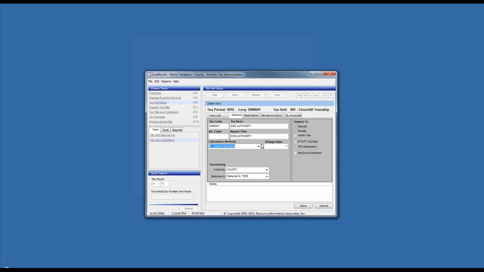School operating, again, that's a millage rate. Supplemental also. Commercial Forest Act is a per acre fee, so it needs that fee there. Again, millage rate against equalized value as opposed to taxable. I don't think that's used anywhere anymore. And special assessments. So it depends on the type of calculation method as to what additional information is going to